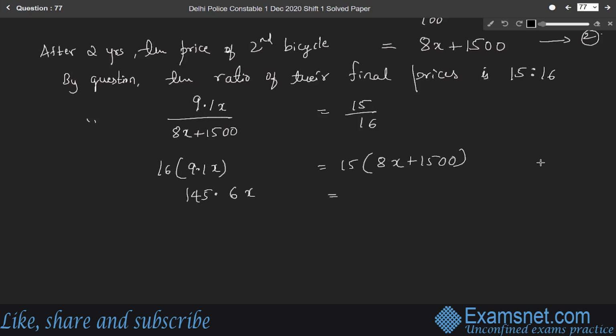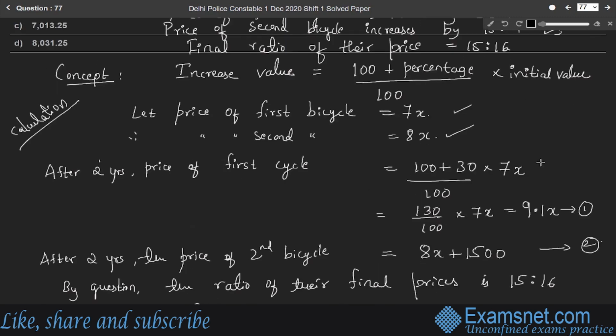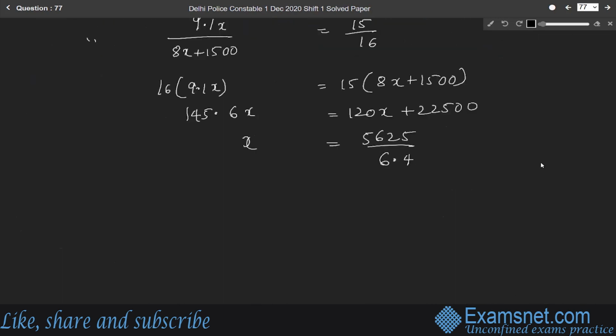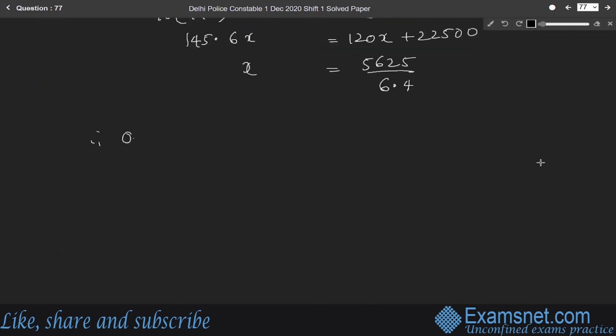So 16 into 9.1x is 145.6x, which is equal to 120x plus 22,500. After simplification, we will get x as 5,625 divided by 6.4. So the question is, what is the original price of the second bicycle? Therefore, original price of the second bicycle